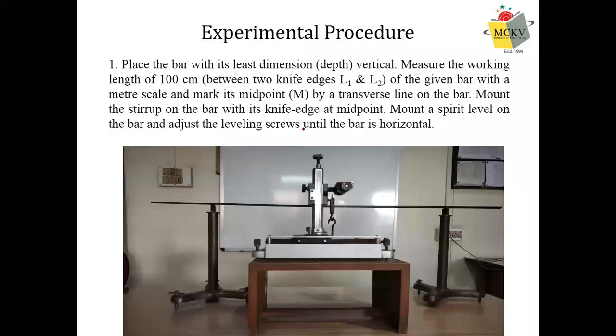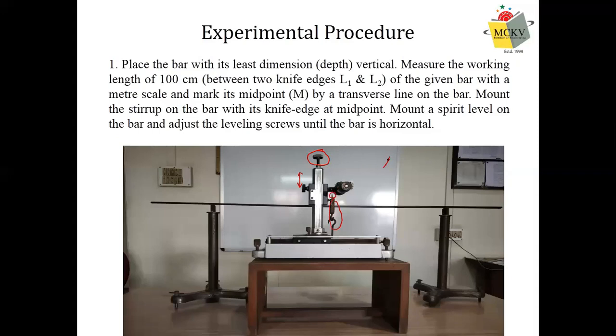So what we observe is that with the help of this screw, we can move this whole portion up and down. And what we have to do for different loads: initially, there was no load. There was no load attached to this hanger. This is the hanger. Under that condition, we will find out the position of this tip.